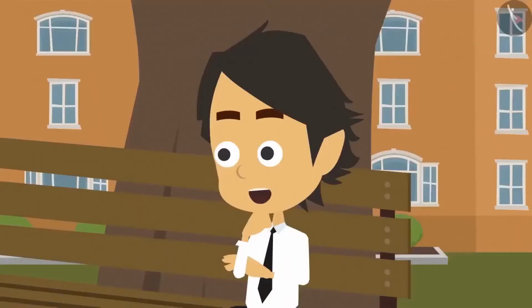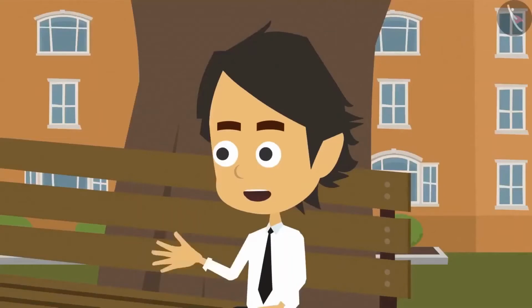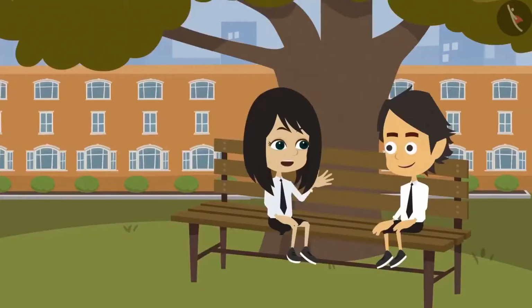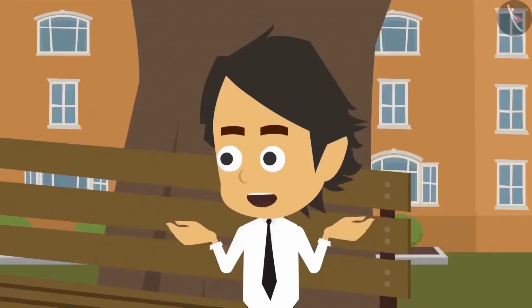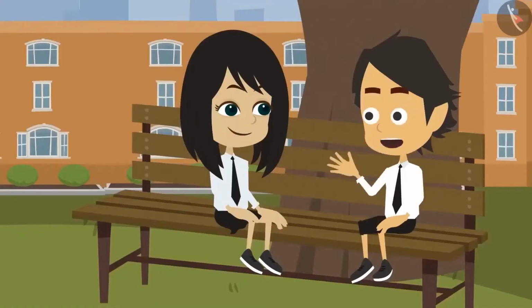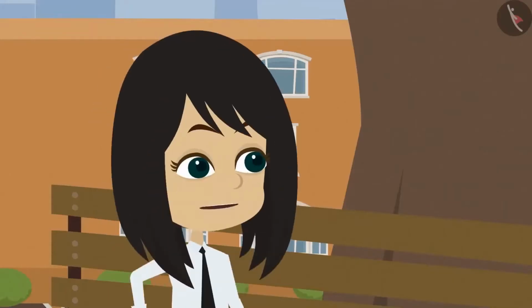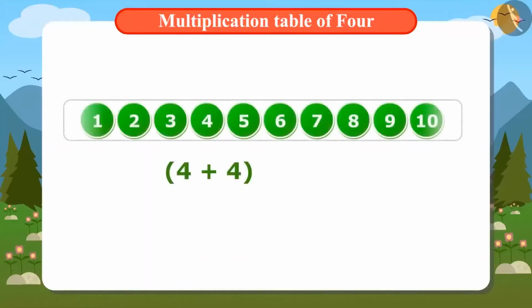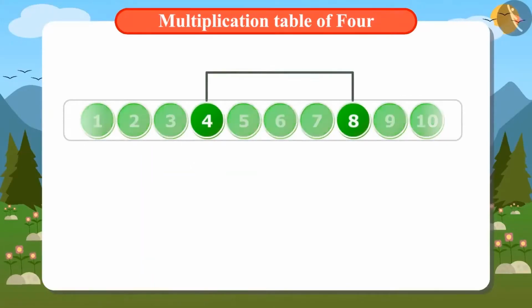You don't need any pen and paper if you remember the multiplication table. Yes, you don't need any pen and paper. What should we do now? We will write the multiplication table. But how do we write it? It is very easy. Keep adding 4 again and again, or keep leaving 4 numbers and count them.